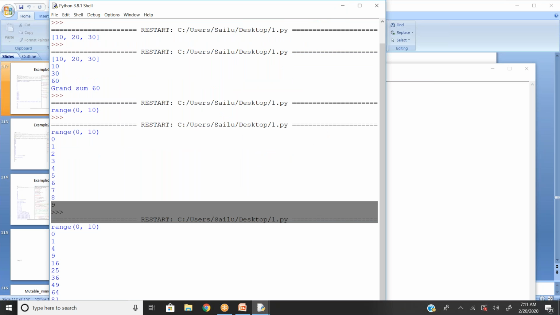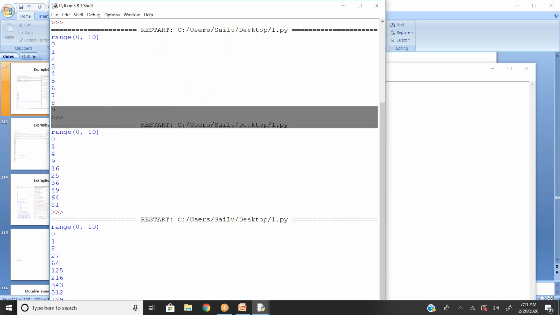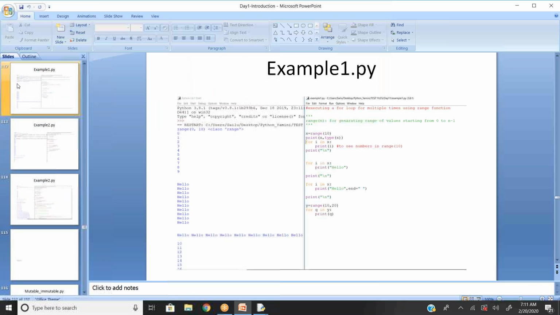Now you can see the square is displayed, or cube. Cube is displayed. So according to the need, you can decide whether to do the sum, multiplication, or any aggregate function. You name it, we can do that.